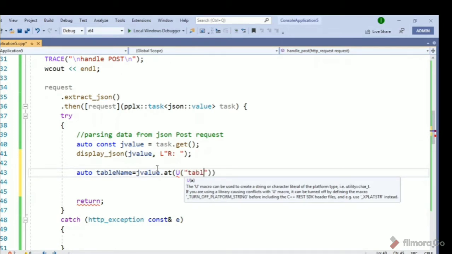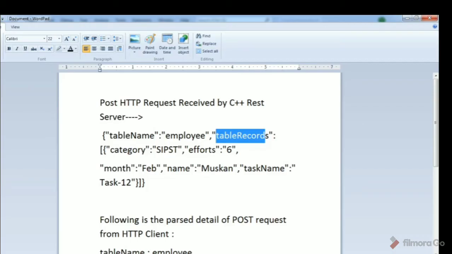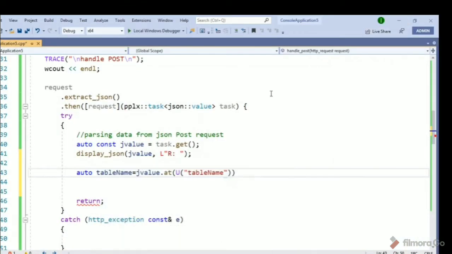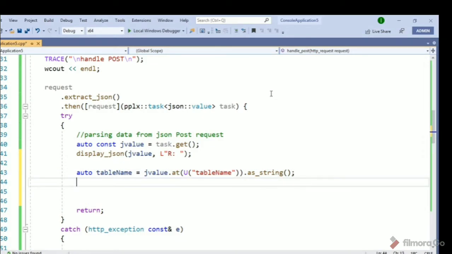So we have a table name here. If you see the table name keyword, this is our key. It works like a map, and we will pass it here as a string. These are all the functions of the C++ REST server, and you have to get familiar with those in order to parse the post request.